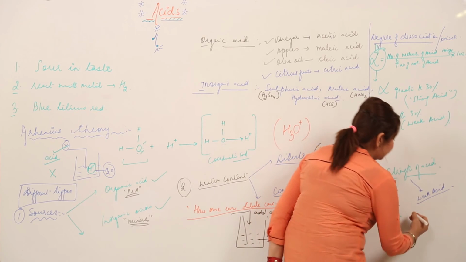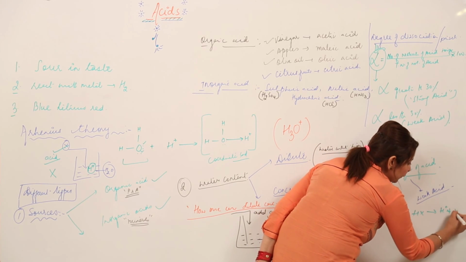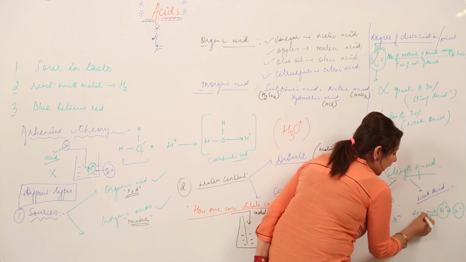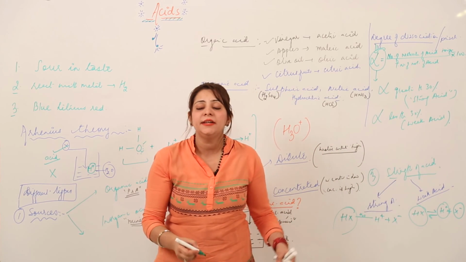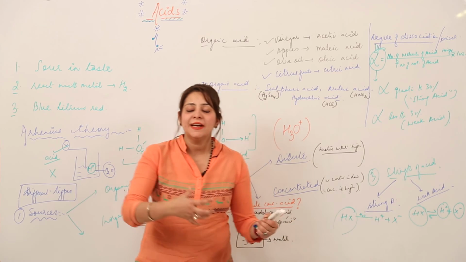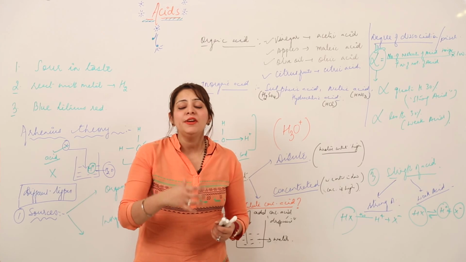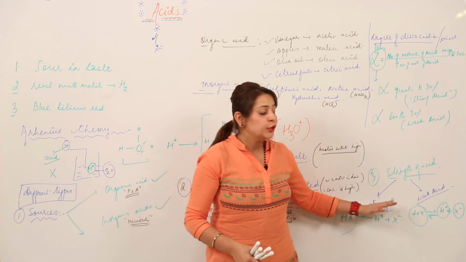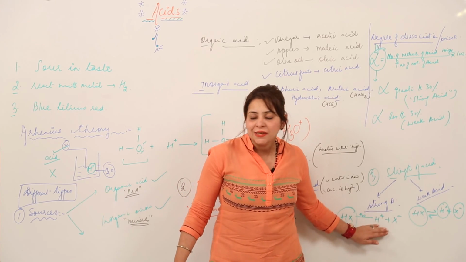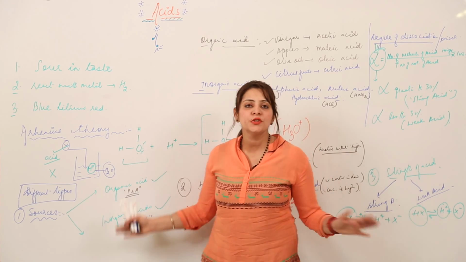And a weak acid is something which gets partially dissociated. That means we'll see the H+ ions, we'll see the X- ions, and we'll also see the unionized molecules. So the strong acid gets completely ionized and the weak acid gets partially ionized. And when we look for examples, the inorganic acids are the strong acids and all the organic acids are the weak acids. So this is how we classify the